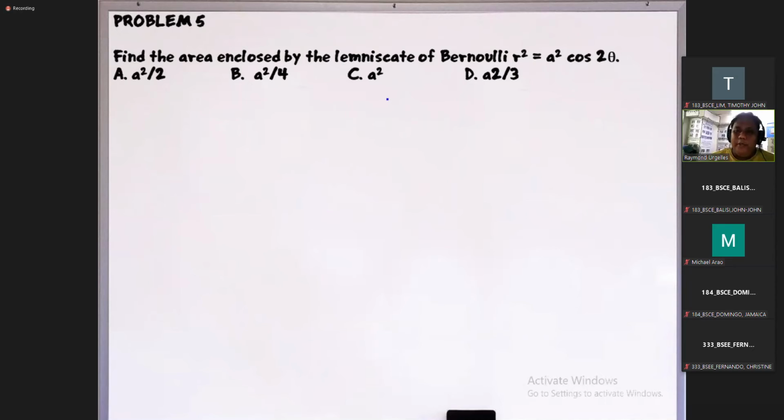We have r squared is equal to a squared cosine of 2 theta. So then you will get that r is simply equal to a times square root of cosine of 2 theta. Remember that this is positive or negative. Pero dahil doon sa symmetry ng lemniscate, hindi na siya nagmamatter. Ang kunin na lang natin is yung positive r. Makukuha na rin natin yung negative counterpart nito kasi gagamit tayo ng symmetry dun sa problem. So ibig sabihin ito lang yung kailangan nating i-evaluate